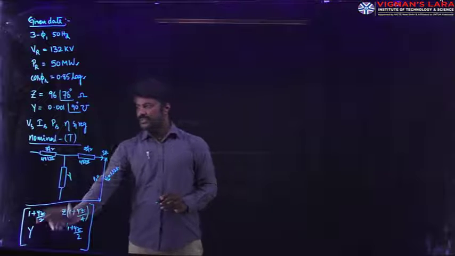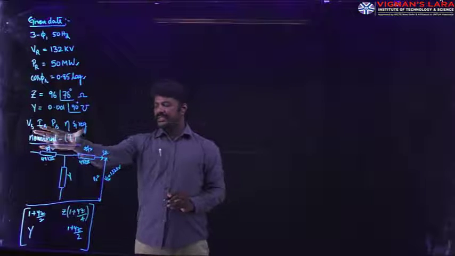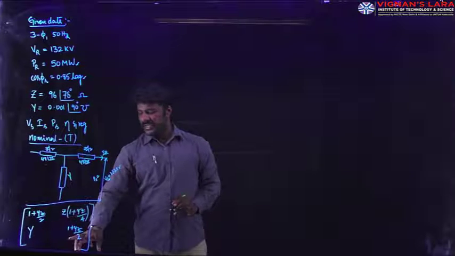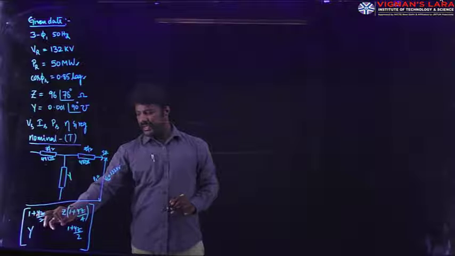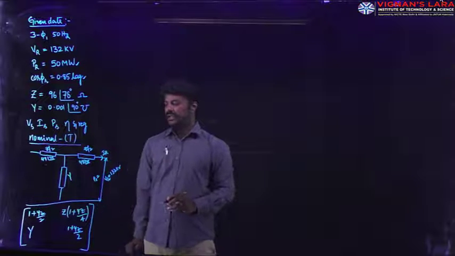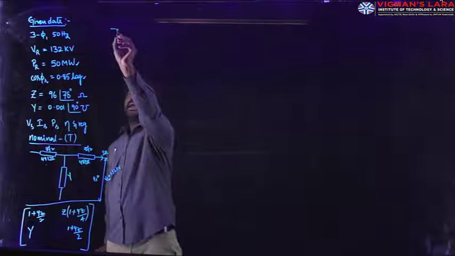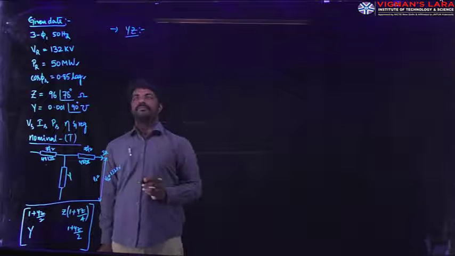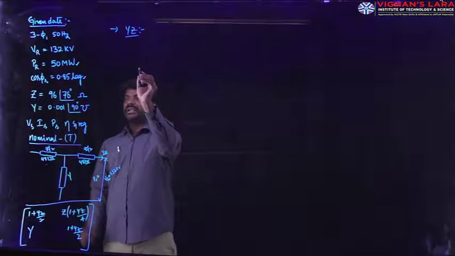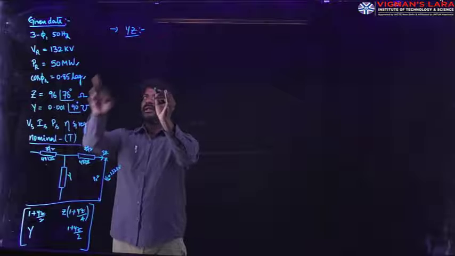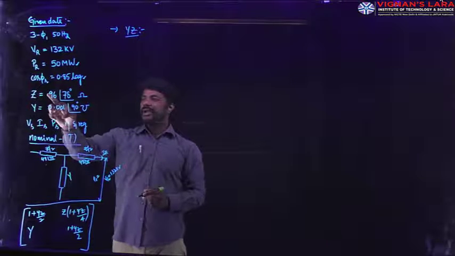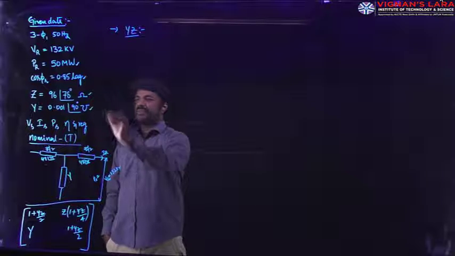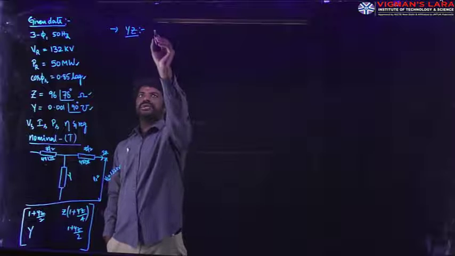So what is our first step to calculate all these 5 quantities? To find the constants A, B, C, D. To find anything, we first require the product of Y and Z. That is why in the first step, I calculate the Y into Z value, which will be helpful throughout our problem. Then what are the Y and Z values? The Z value is 96 at an angle 78. Since these two are in a product, we have to put those quantities in polar notation. In the problem itself, they have directly given us the polar form, which I will use directly to find YZ.